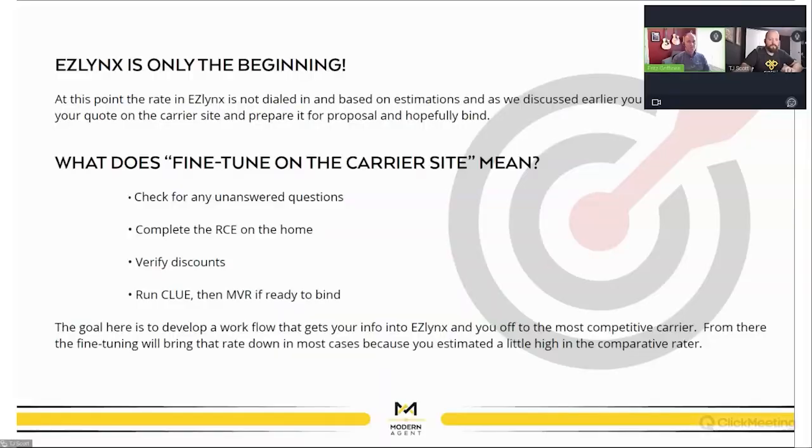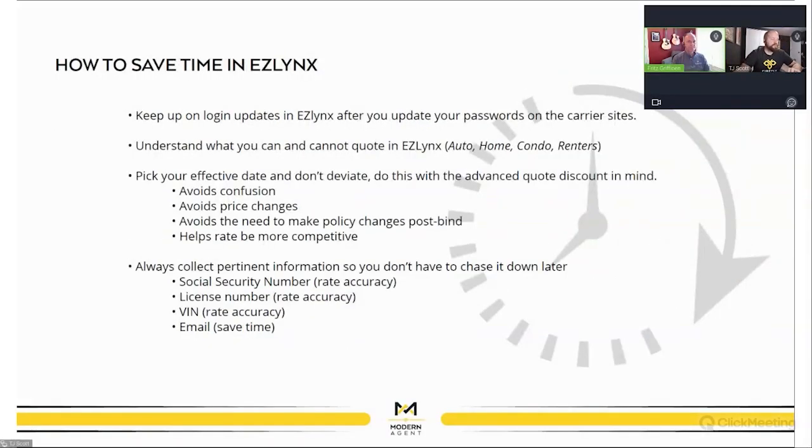Yeah. So in any case, for agents, if you haven't been doing that, if you do run reports and you get some activity, especially if it does have an impact, it could be a great step to then go back to EZLynx, update that data, and just see whether, based on how far their look back is, it might shift the order of who actually is the best fit for that particular prospect. Okay. So now here's some pointers on how to save time in EZLynx.